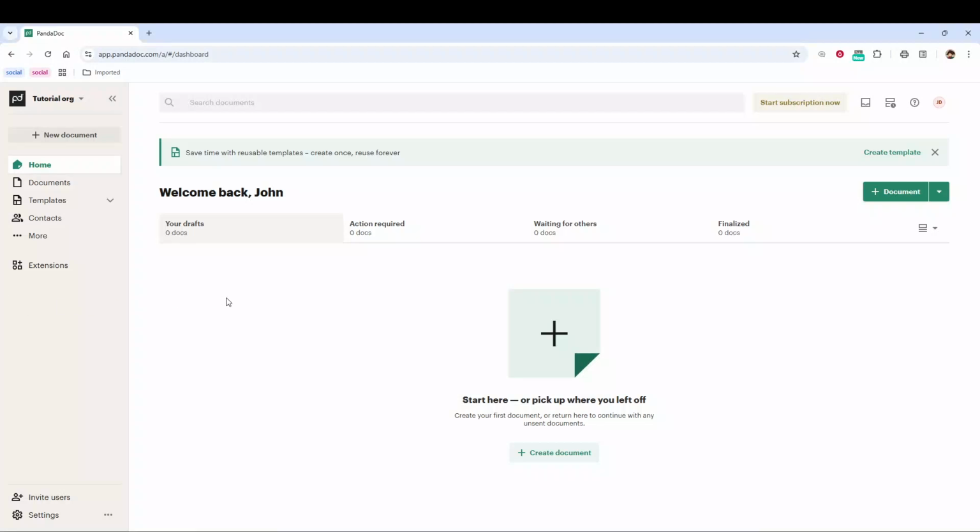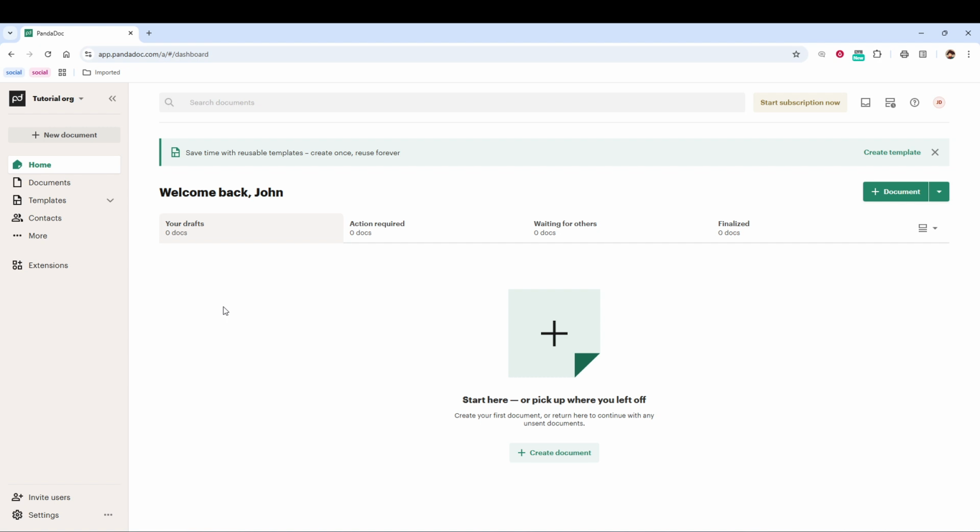In today's video, I'm going to teach you how to add team members in Pandadoc. We'll walk through the process step by step using the current Pandadoc interface, so you can confidently invite new people to your workspace and assign the right level of access. Even if you're brand new to Pandadoc, by the end of this video, you'll know exactly where to click and